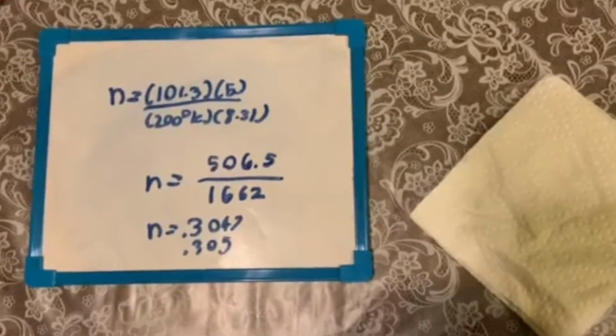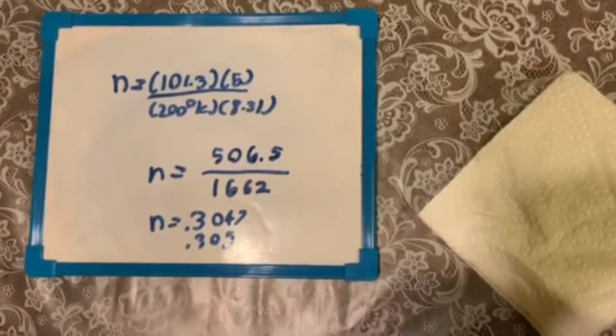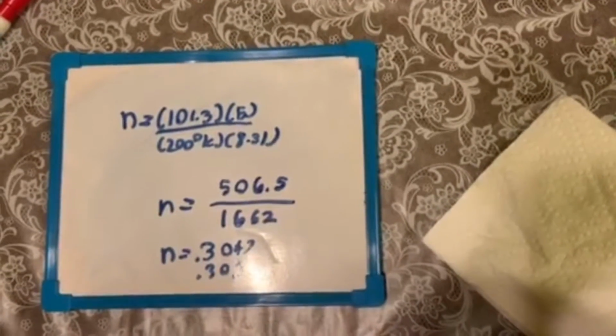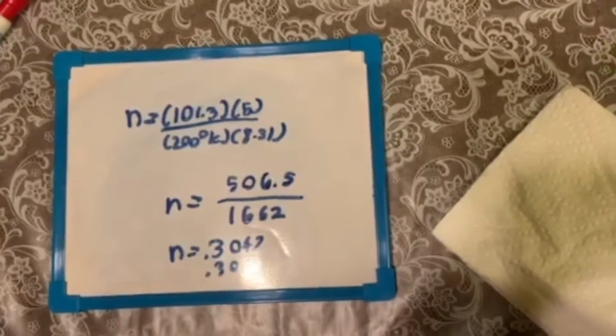Again, it is to solve any sort of variable that you need to find. And you can use it to find a specific variable for a gas law. Say they give you the amount of moles, temperature, and the volume. But you need to incorporate Boyle's law because it's pressure and volume, but you don't have the pressure value. So you use the ideal gas law to help solve for that